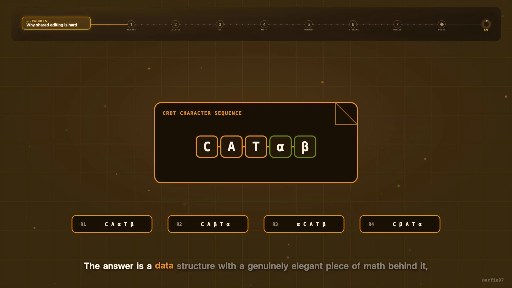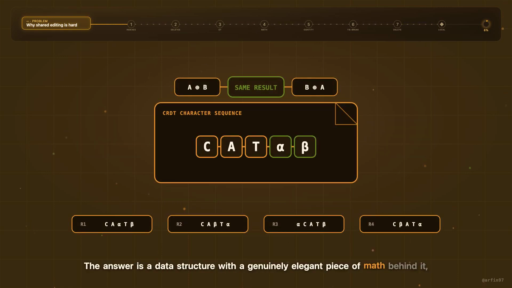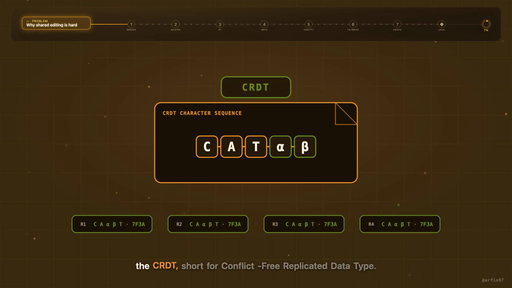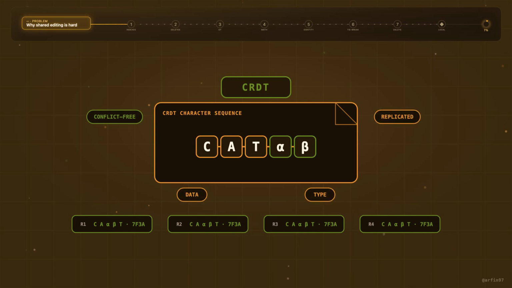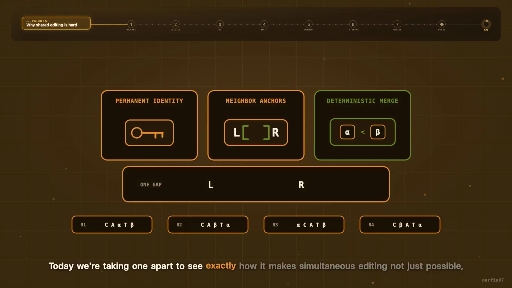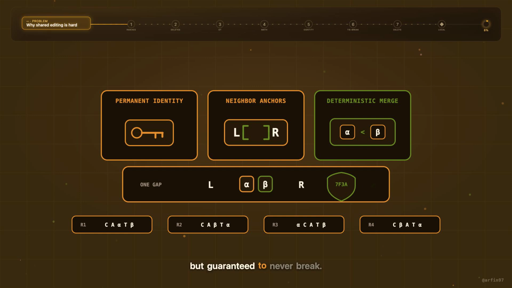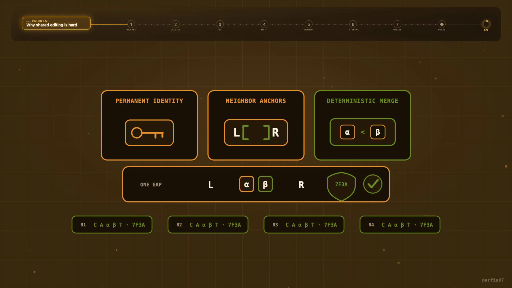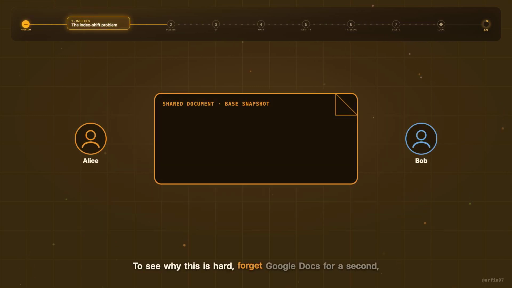The answer is a data structure with a genuinely elegant piece of math behind it, the CRDT, short for conflict-free replicated data type. Today we're taking one apart to see exactly how it makes simultaneous editing not just possible, but guaranteed to never break. To see why this is hard, forget Google Docs for a second and picture the simplest